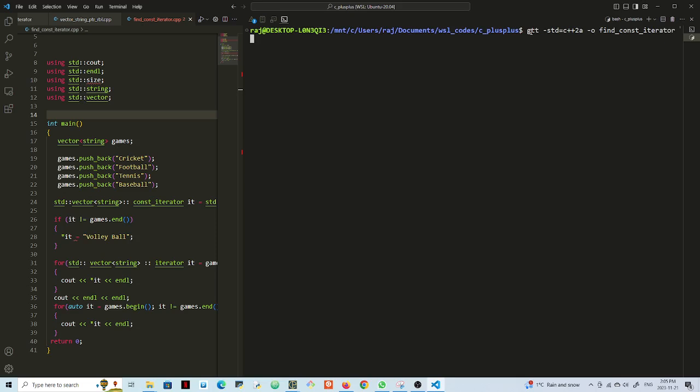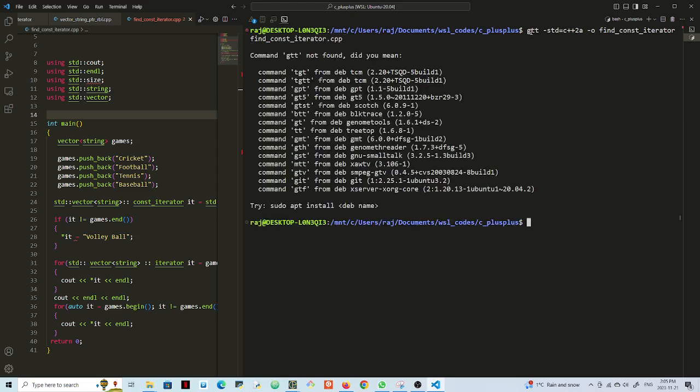And it's going to be the same find_const_iterator.cpp. Now here I'm getting some, okay, I see my first error here. This should have been,